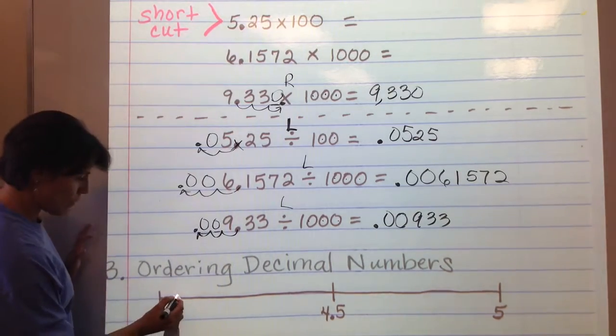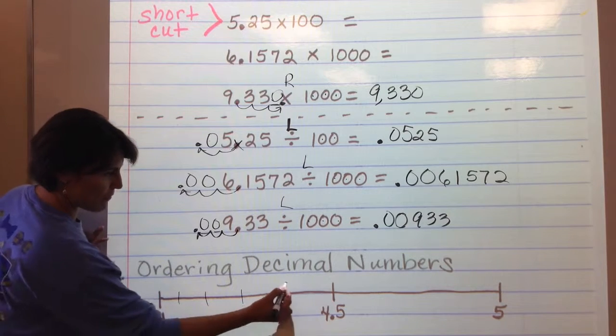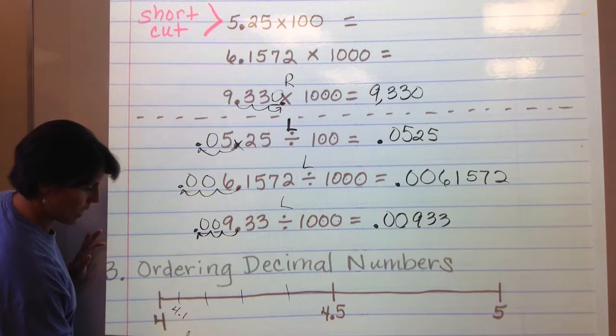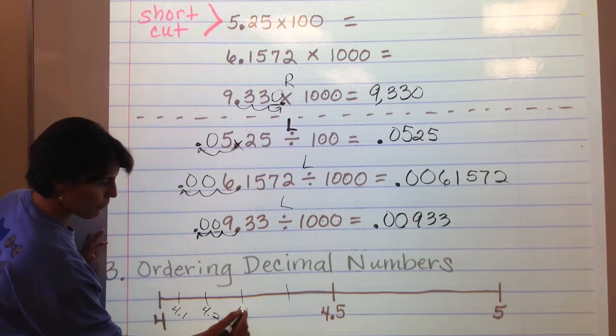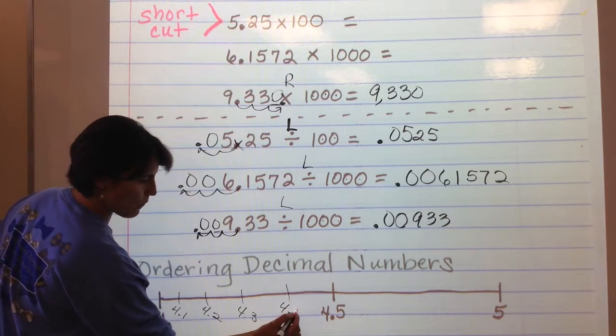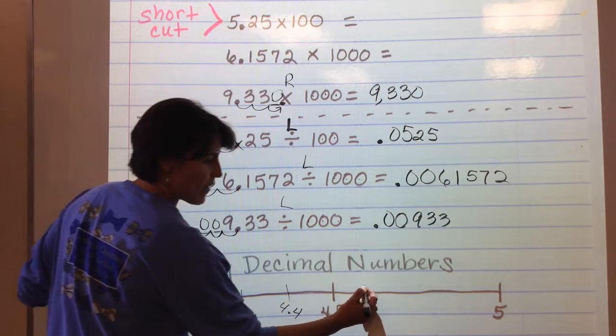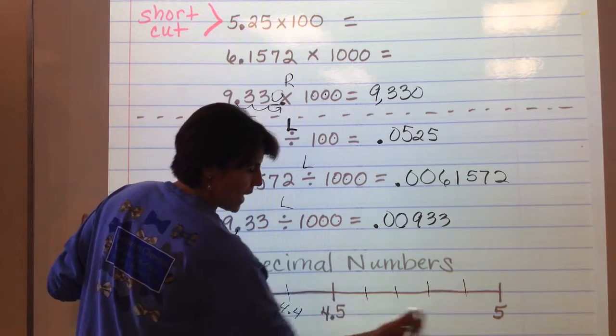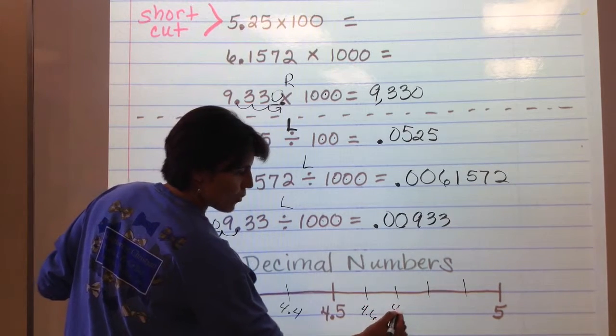So what else is there? 1, 2, 3, 4. Like, is this what? 4.1? 4.2? 4.3? 4.4? Yeah? 4.5, 4.6, 4.7,